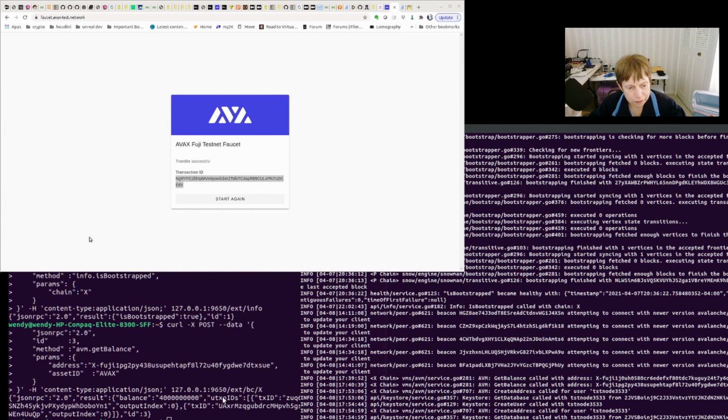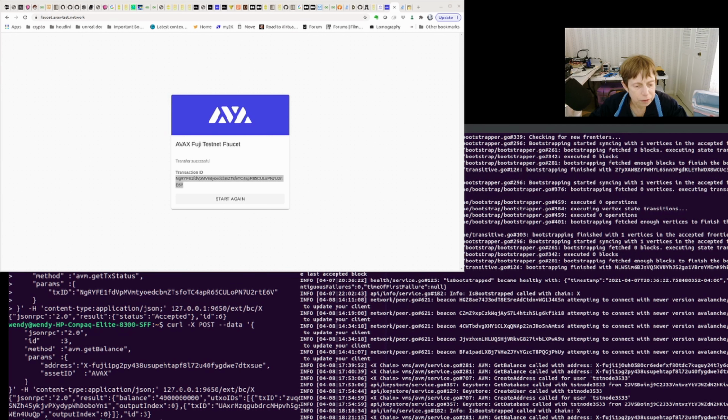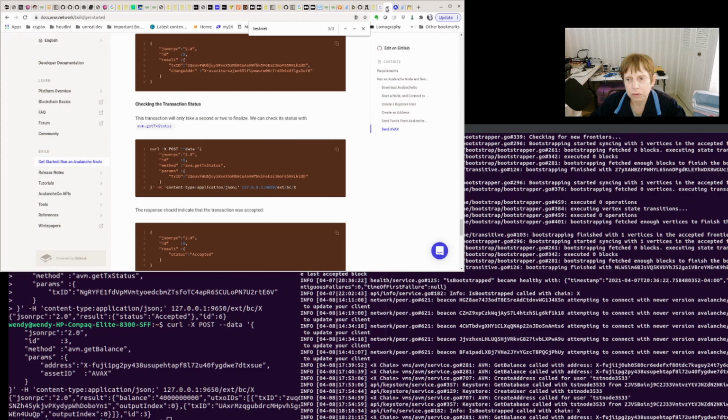Now I'm going to go check my balance. Get transaction status, get balance. Well, it still hasn't come across. It could take some time. So it's just accepted, it hasn't completed. So that is how you do that. You can also send,